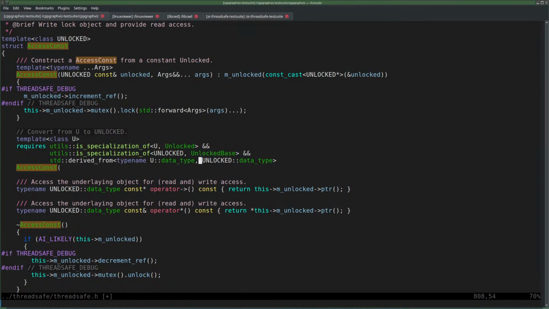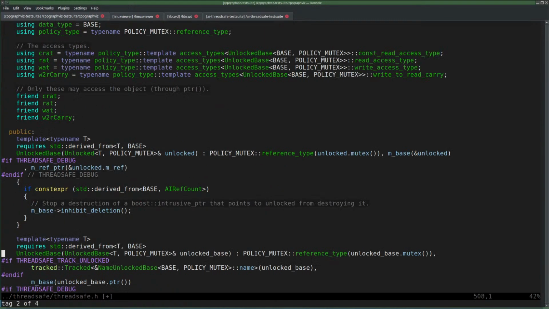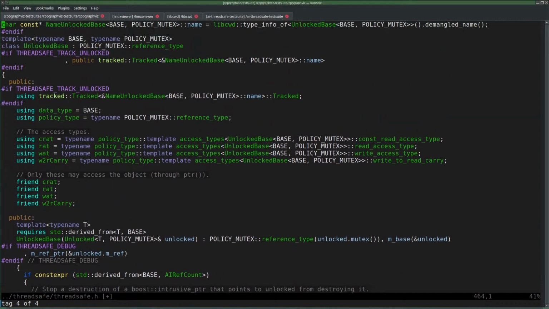Type name. So U is unlocked. That was data type, and unlocked base also data type.